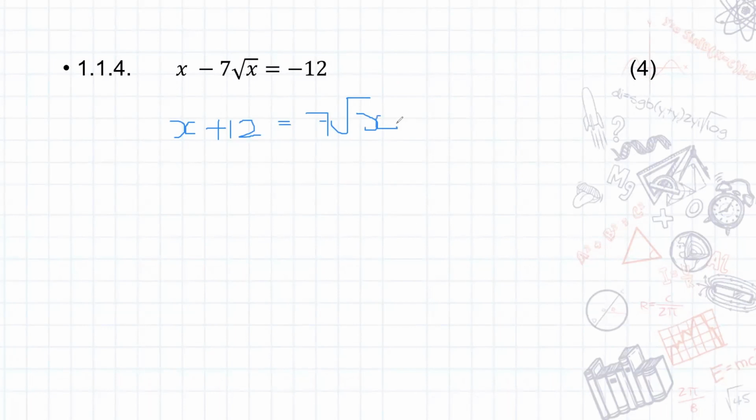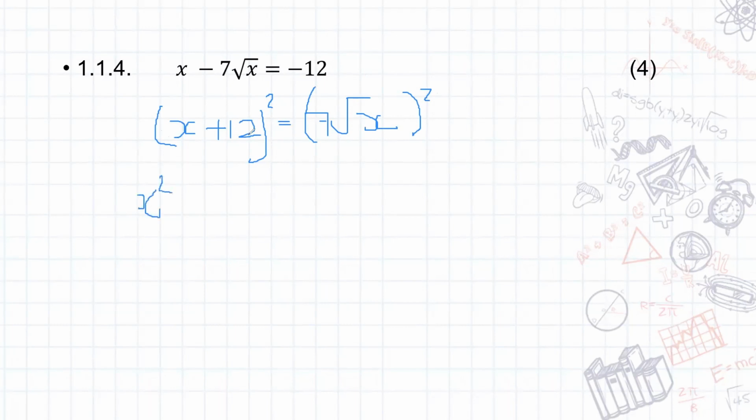And we actually just want to get rid of that square root sign. So to get rid of the square root, we square. But what we do to one side, we need to do to the other side. You can't just square the x and nothing else. That would make it unbalanced. So here we've got a trinomial that comes out. So we've got x squared,